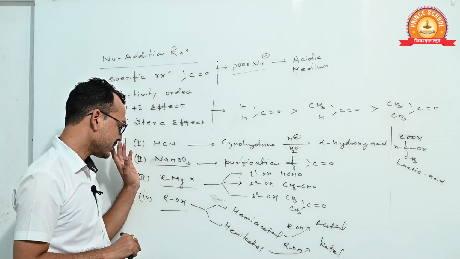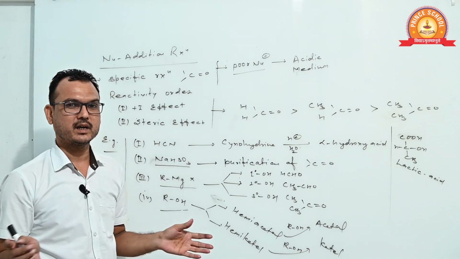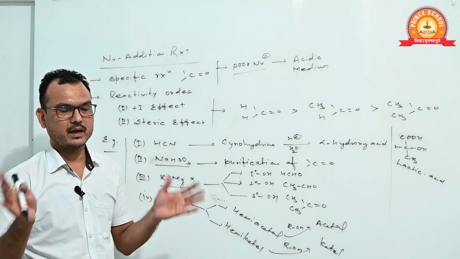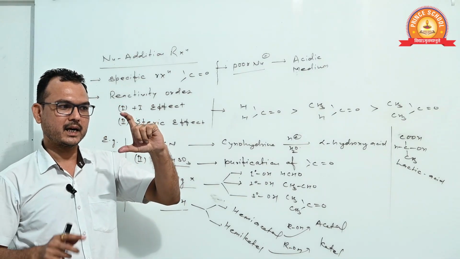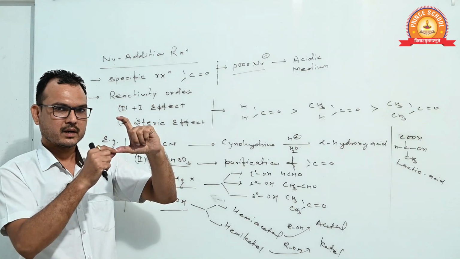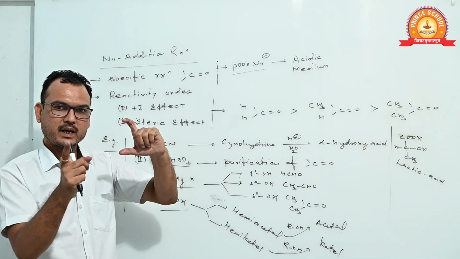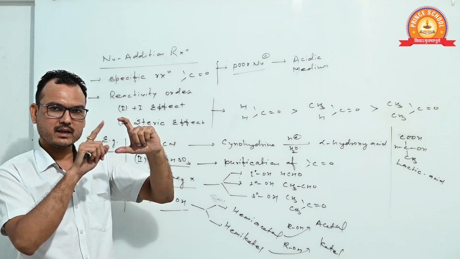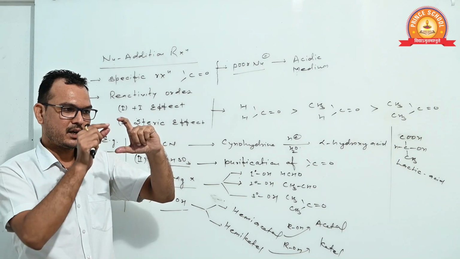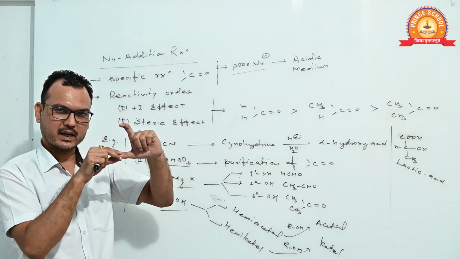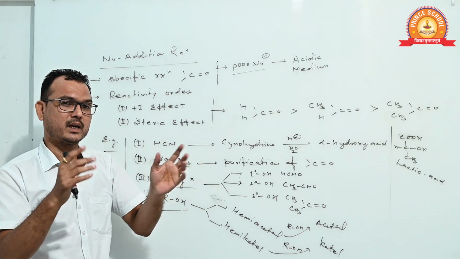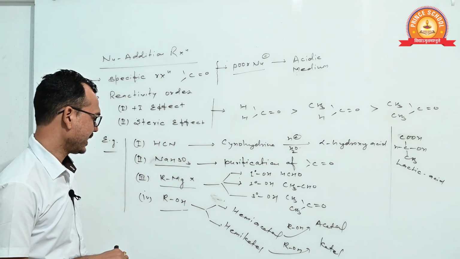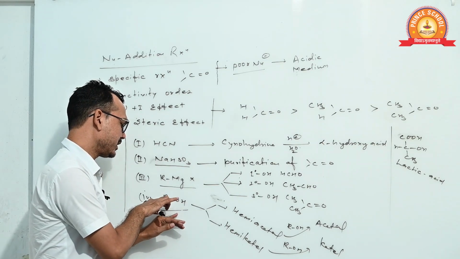What happened? We react the carbonyl compound with RMgX, then we get the 1 degree, 2 degree and 3 degree alcohol, and we memorize only formaldehyde. Formaldehyde contains hydrogen on both sides. Clear? It means it gives the 1 degree alcohol which has 1 extra carbon than Grignard. If we replace 1 hydrogen by alkyl group, then we get the 2 degree alcohol. If we replace both hydrogens by alkyl groups, then we get the 3 degree alcohol. Clear? And what is the utilization of this reaction?